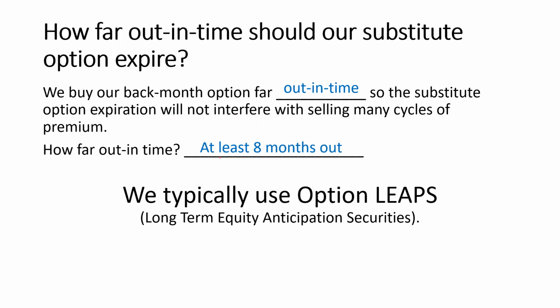Now, we like liquidity as well. Some of you who are familiar with options might know that if you get into some of these options, nobody is trading them. So we need some liquidity. And so oftentimes we'll go and find a LEAP. A LEAP is an option that's been around for a while and people have been trading, and they expire every January of the year. So for instance, for many of the positions that I want to do substitutes on, I'll use a 2023 LEAP, the option that's going to expire next January 2023. That gives me plenty of time to make income off of this thing, and it has some liquidity behind it.